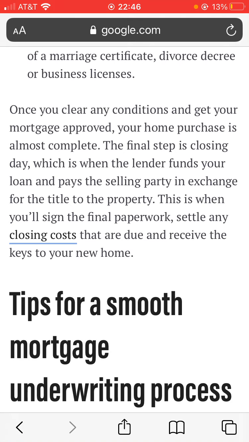So if you have a middle initial, but the document doesn't have a middle initial, don't sign with a middle initial. Make sure you sign your first name and last name exactly how it is on your ID and exactly how it is on the mortgage closing documents. So that's a little tip